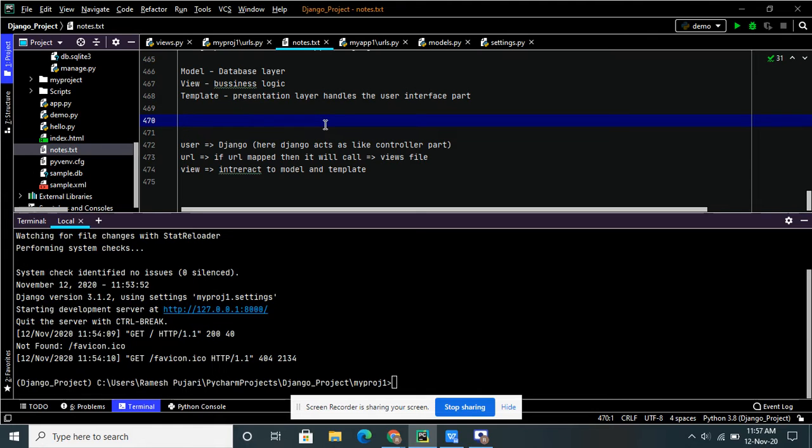For example, if you create a class called Employee, whatever fields you mention in the Employee class will be mapped to the table. Based on those fields, it will create one table in the database.